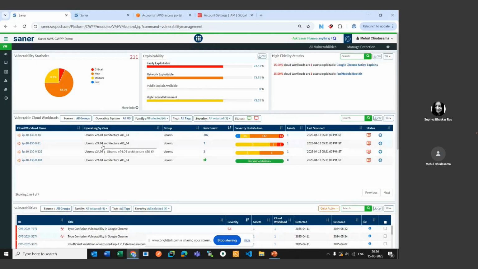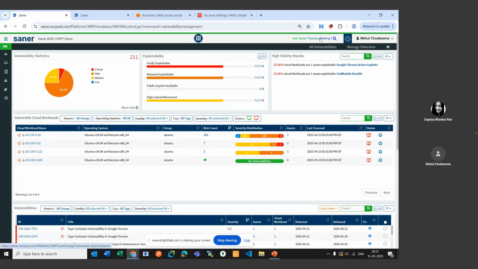Here you can see we have created four Ubuntu 24.04 virtual machines in our AWS environment, and we are able to see and scan for the vulnerabilities in the operating system as well as the applications running in that particular virtual machine. Then you can take any action that you can with CVEM. You can also go ahead and remediate those particular misconfigurations.